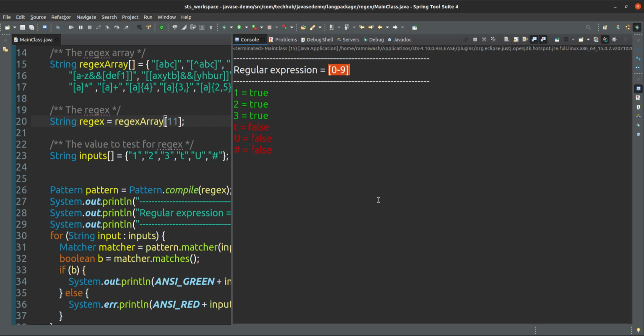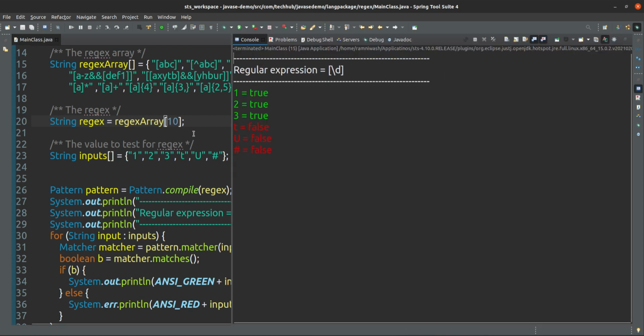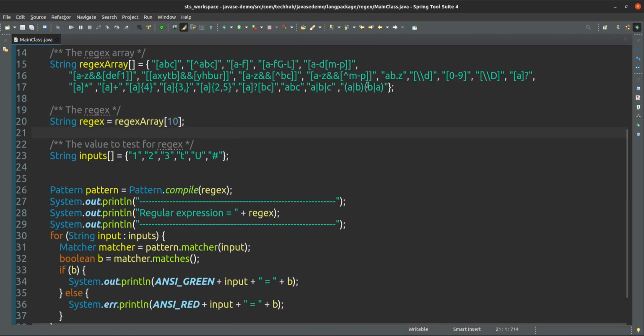This regular expression says you can give any digits that is coming within the range of 0 to 9. So 1 2 3, that is fine, that is digit, but this is not digit, so that's why it's not accepting. And digit you can directly give in this way also, directly slash d, that is also fine. Okay, so this is the 10th, 11th, 12th.